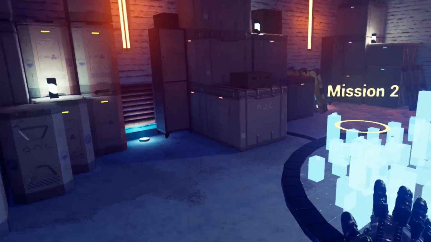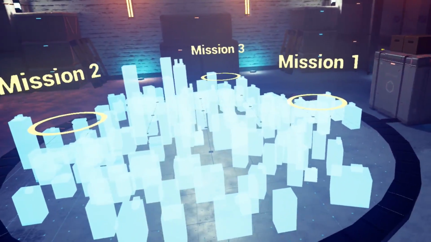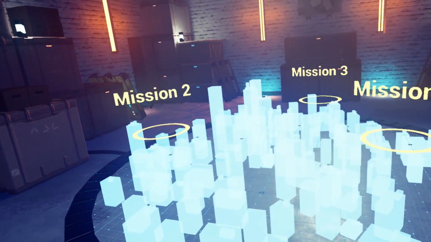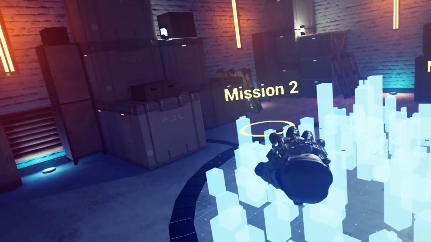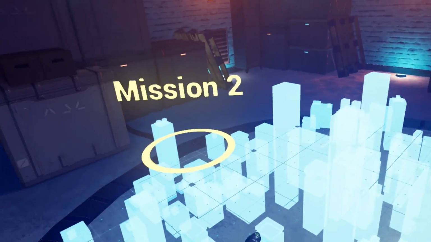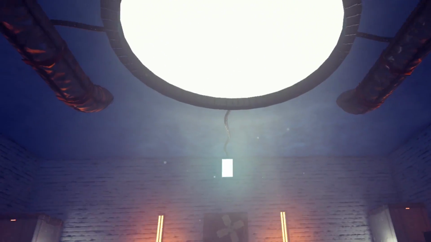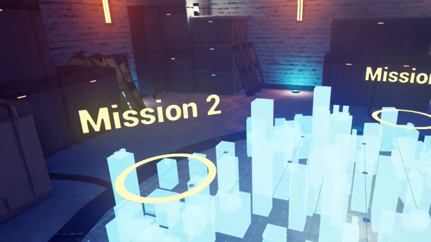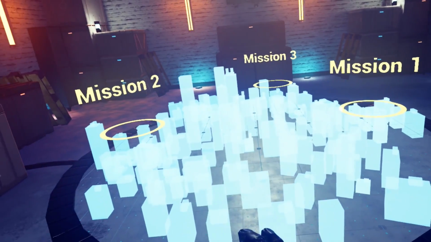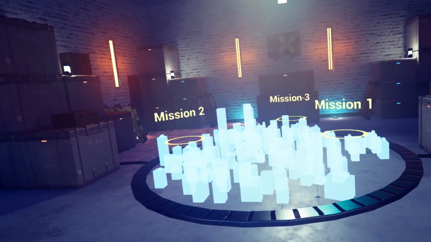I'm very happy with the first iteration of the mission area. Even though it's just the first iteration, having the holographic buildings is a lot more immersive than a screen that you interact with. There are a lot of features which I want to add, such as a better holographic material and more interactions, but for now my focus is going to be on creating a mission level and being able to test my level streaming blueprint.